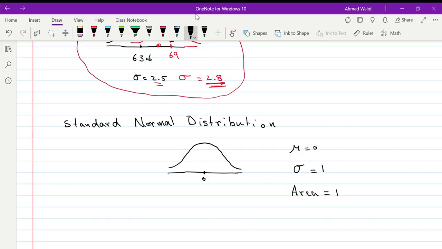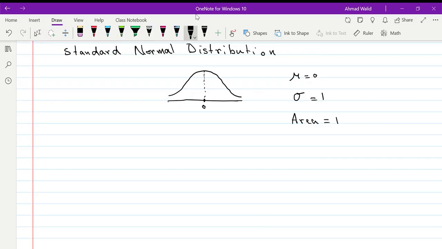Correct? If I have this, I can call this distribution that you see here, this graph, a standard normal distribution. You remember this formula, x minus mu over standard deviation, correct? We named this formula the z-score. The z-score is actually this line, correct? It's a number that shows where your data value is,